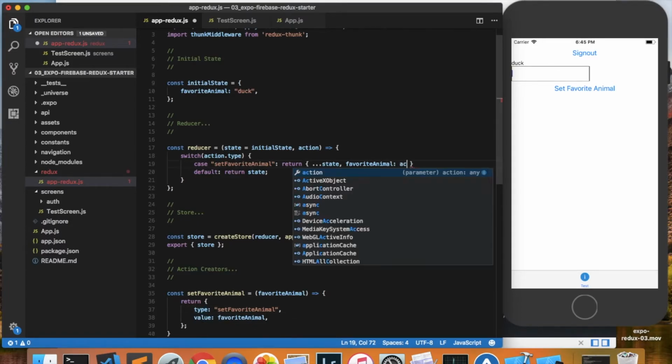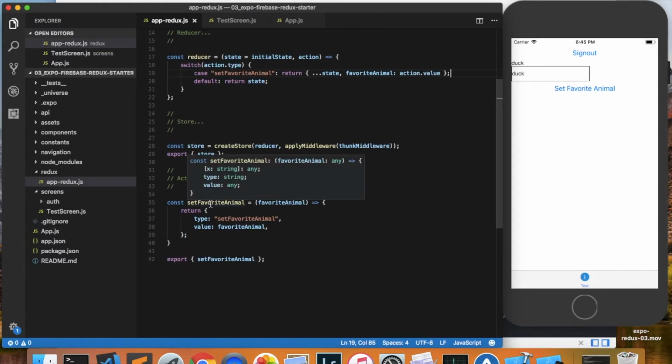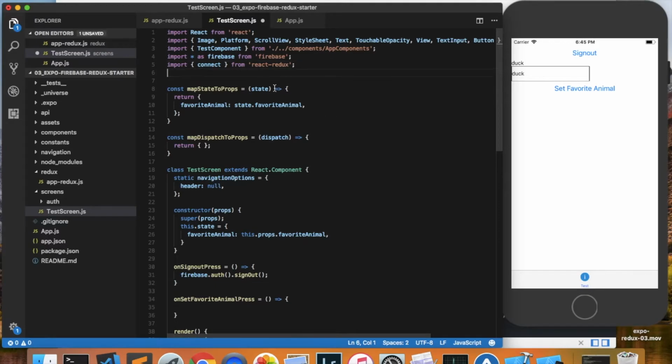So it's action.value. And like I said, you can name this anything you want. You could have named this favorite animal if you'd like. And in this case, it would be action.favoriteAnimal. But I kind of like value, so I'm going to keep it as value. All right, now we're good to go. Now whenever we call this set favorite animal action creator, it should go into our reducer and update our state's favorite animal. So back over on our test screen, now we need to import set favorite animal